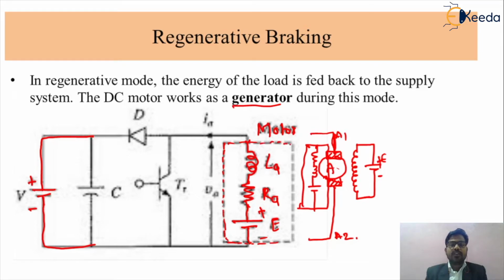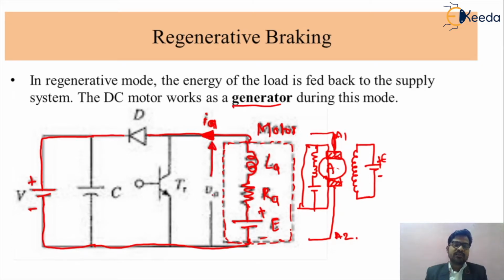Okay, now friends, we get the concept that DC supply is given to that motor, which is called separately excited. This is the direction of your armature current, IA. As we have seen, in regenerative braking control the direction of your armature current is reversed, that is, fed back to the source. So we can understand the different operation for that purpose. First of all, we can understand the different parameters.